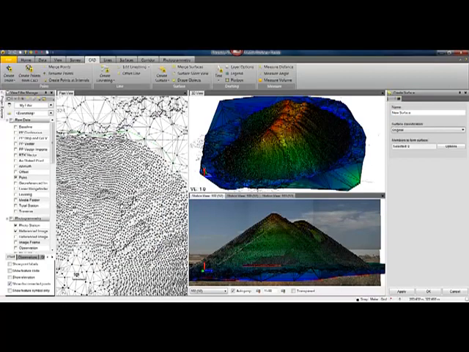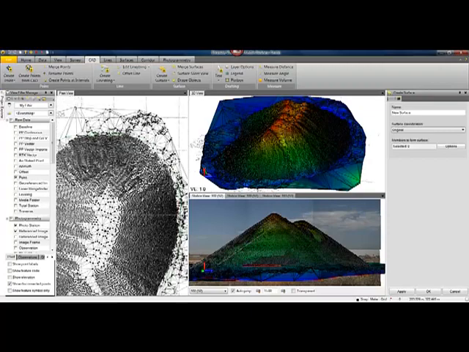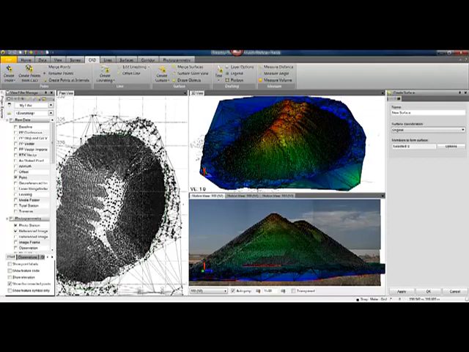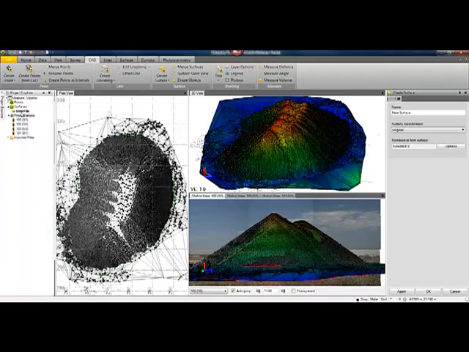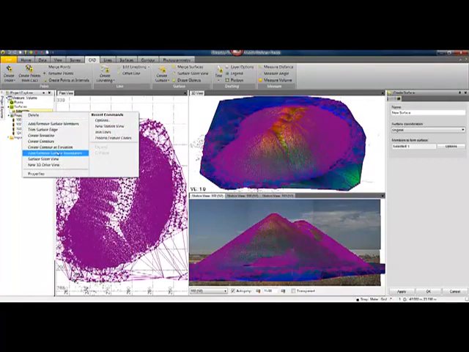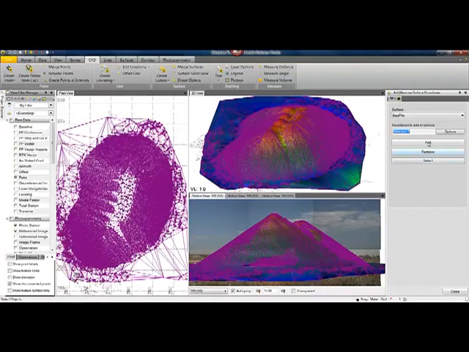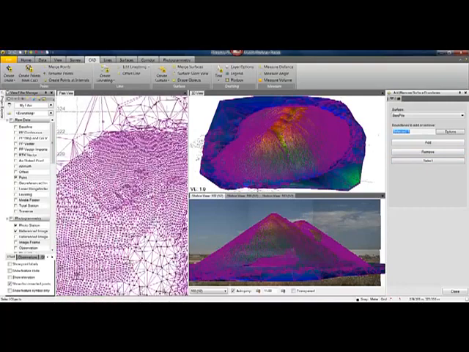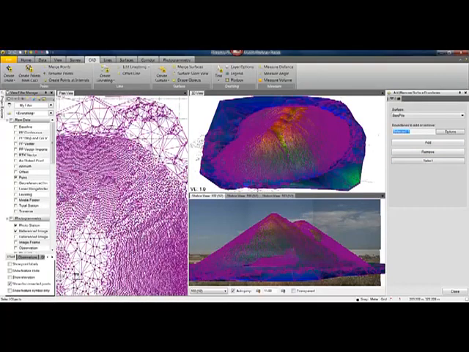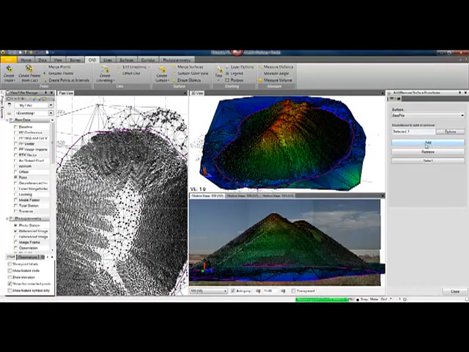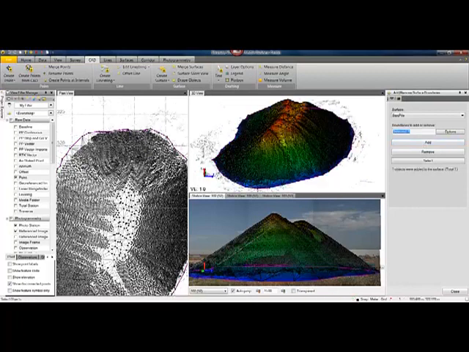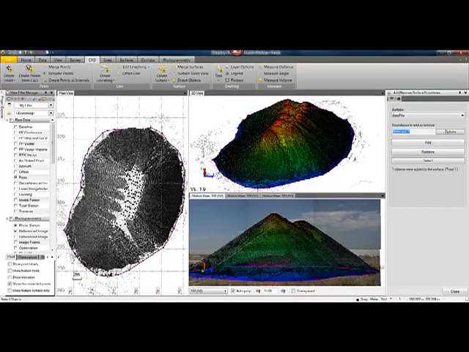We want to clean up our surface, and we want to use a polyline that's determining the surface edge. In order to do that, in the plan view, we can simply right click on a surface and say add remove surface members. We need to define the members of the surface and say add. You will notice the surface has been cleaned and all the area around the polyline determining the surface edge has